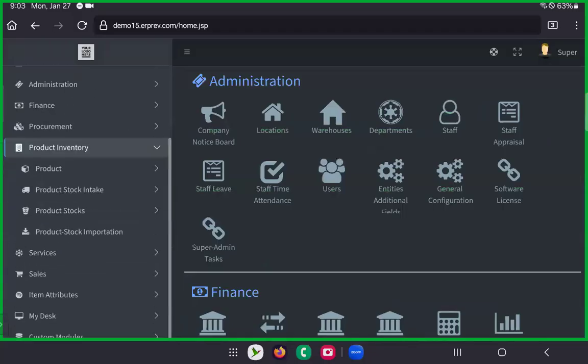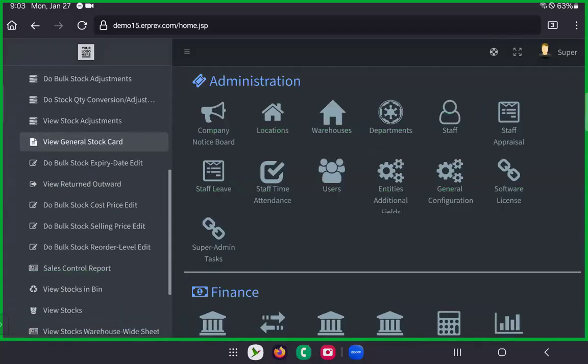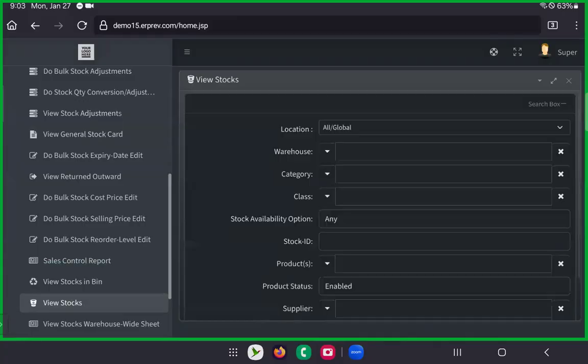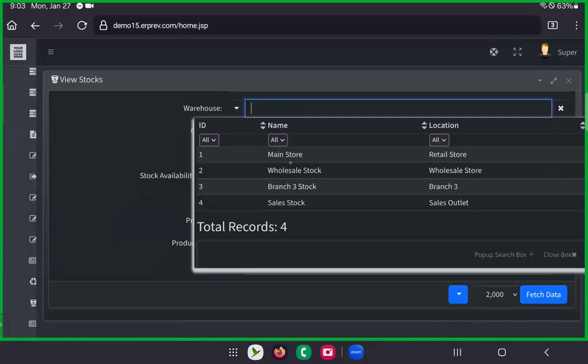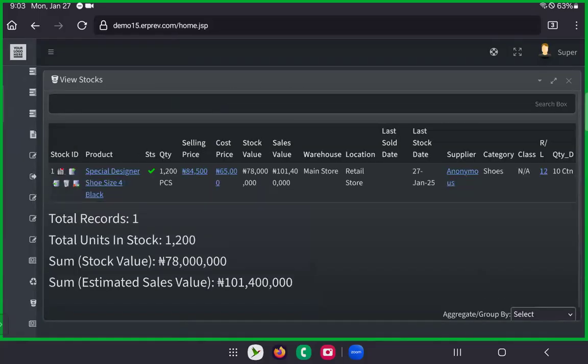Under product inventory, product stock, I'll click on view stock. Here, I'm going to fetch data. Let's just specify the exact warehouse and fetch data. You see, now I fetch data, and the system has shown me that we have 1,200 pieces, which is equal to 10 cartons. All right. And you can see the selling price, you can see the cost price, you can see